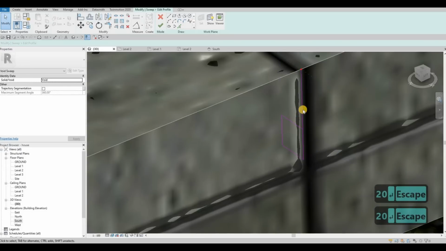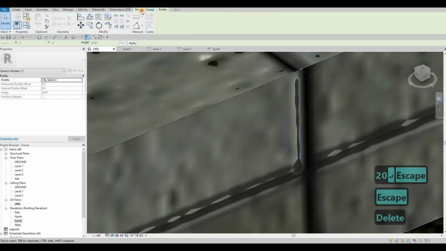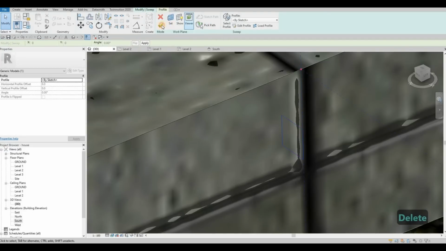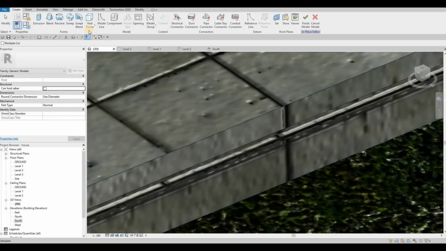So you choose the line that you want to move so that you're exact. So now click finish, finish, and then cut geometry, and then before you click